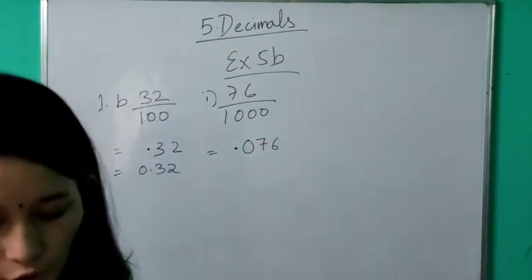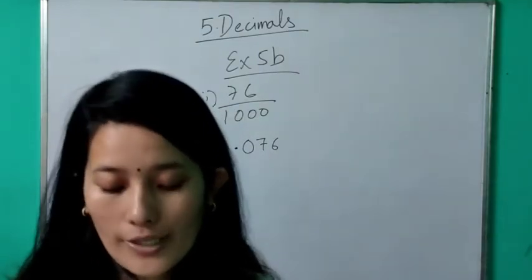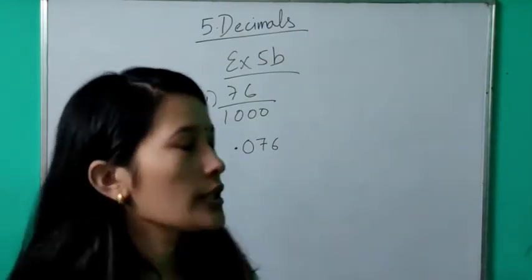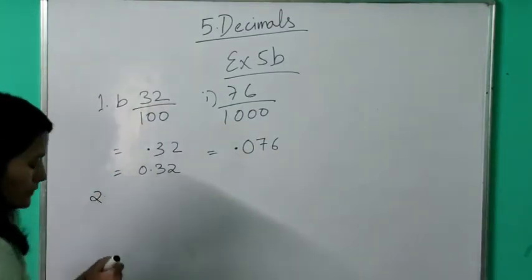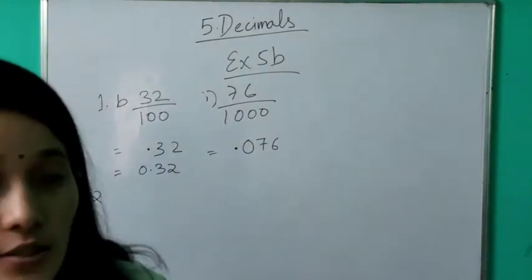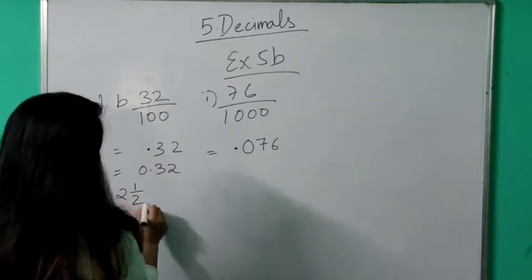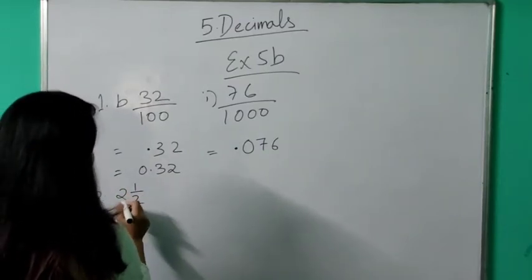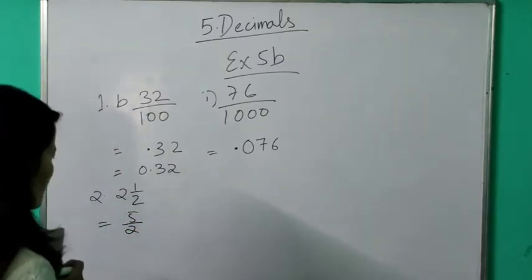Now moving on to question number 2. Convert the mixed numbers into decimals. You are given mixed numbers and you have to convert them into decimals. First, with a mixed number, you convert it into an improper fraction. So 2 2s are 4 plus 1, 5 by 2. Now